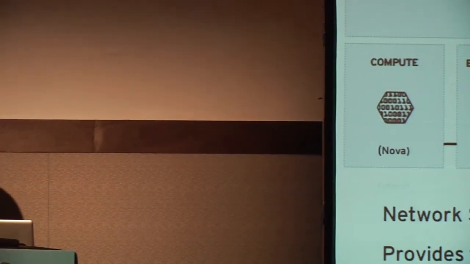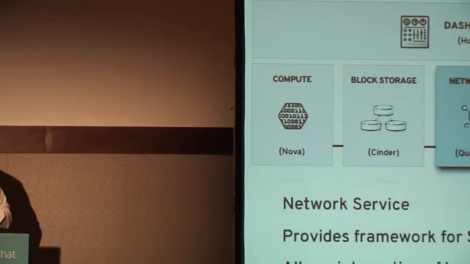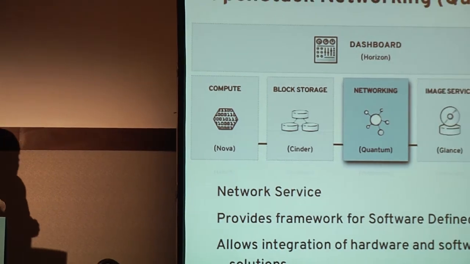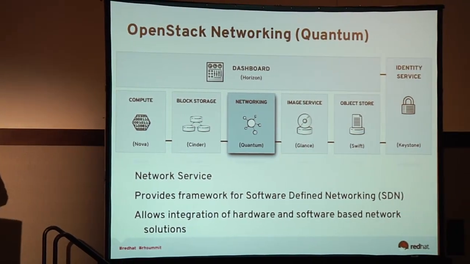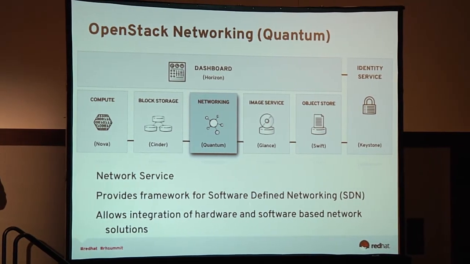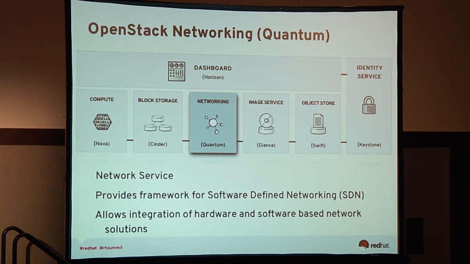So next up is networking, codenamed Quantum. So Quantum's name will go away because of legality issues. There's a company out there that is claiming copyright status on the name Quantum. So that will change, or it would just be called OpenStack networking going forward. But Quantum is the beginning of the software-defined cloud for OpenStack.